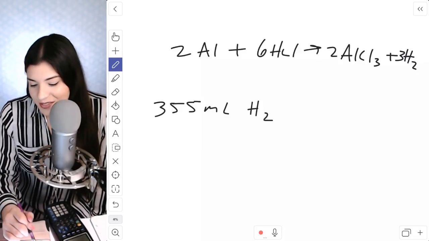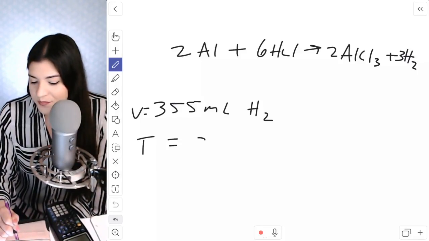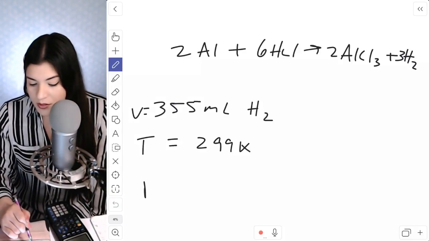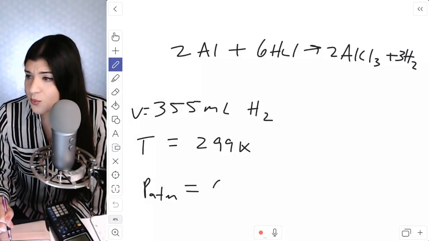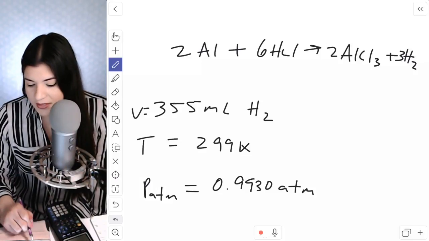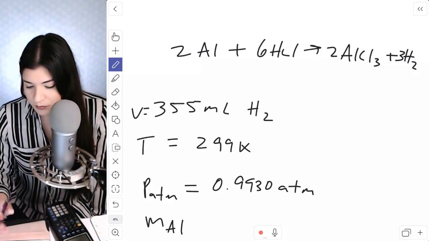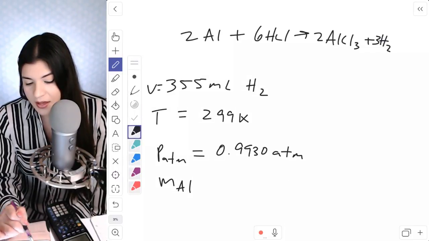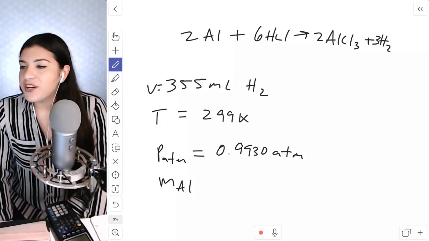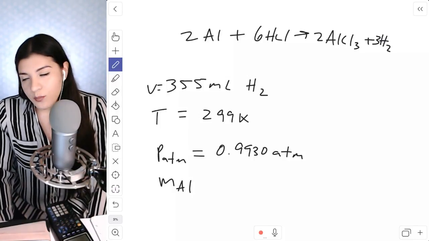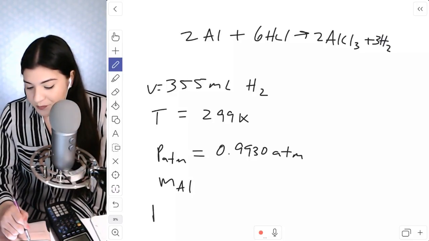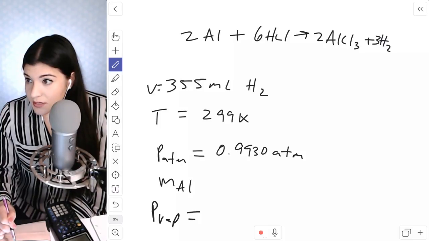So we're given our volume, our temperature, 299 Kelvin, and an atmospheric pressure of 0.9930 atmospheres, and we need to find the mass of aluminum. Everything for our volume was for H2, and we're looking for a completely different one. And then our vapor pressure, that's what we were missing. So our vapor pressure was